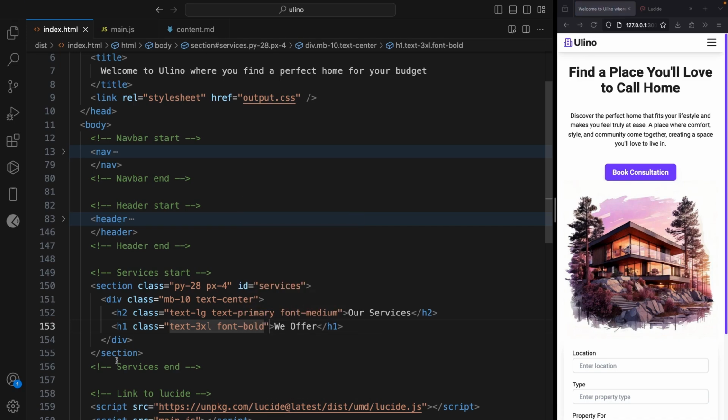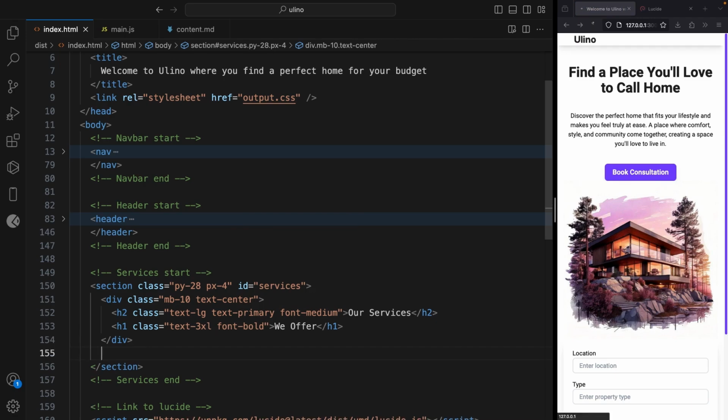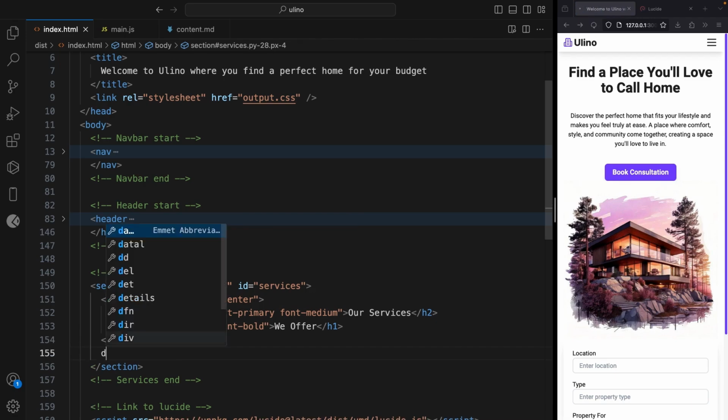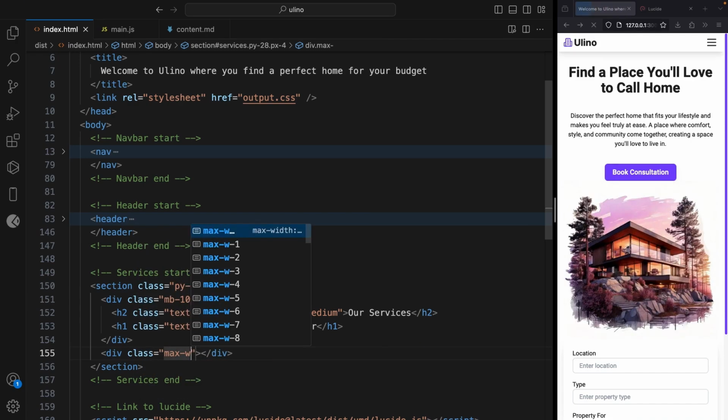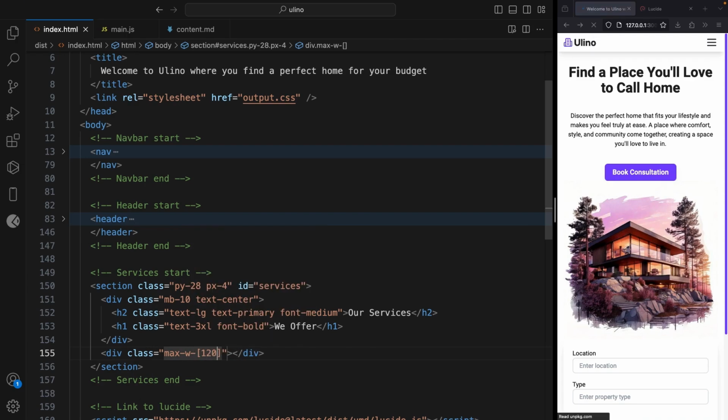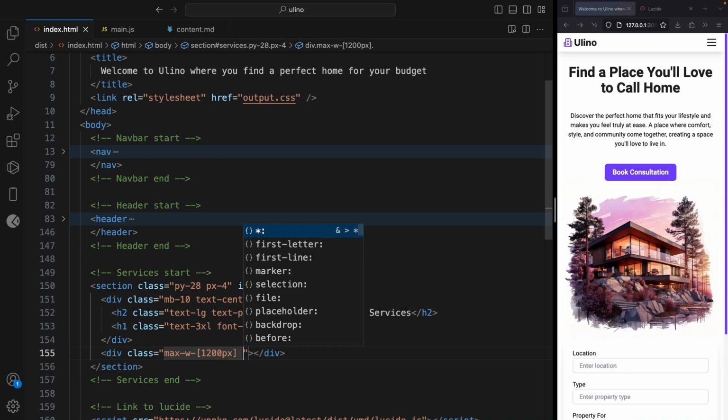Awesome. Now the next thing, let's come over here. Let's say div, and let's give it a class of let's say max dash width dash 1200 pixel, and let's say m dash auto,